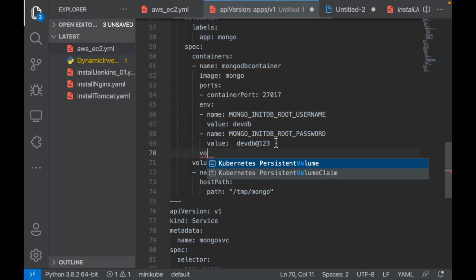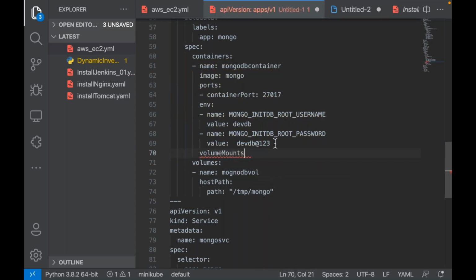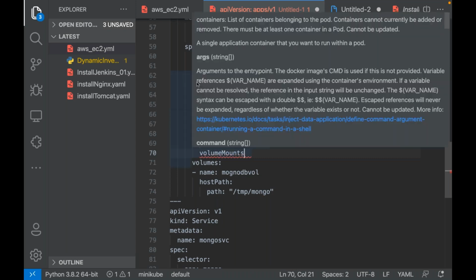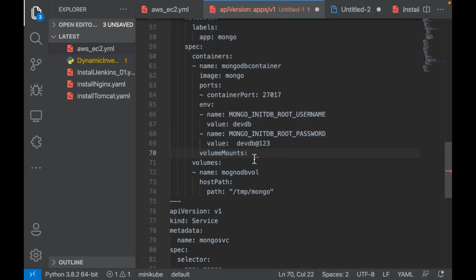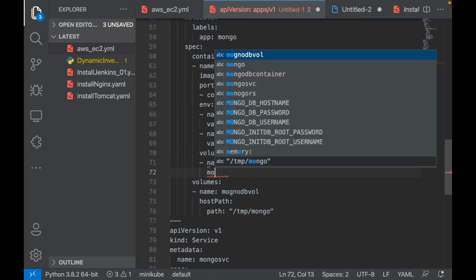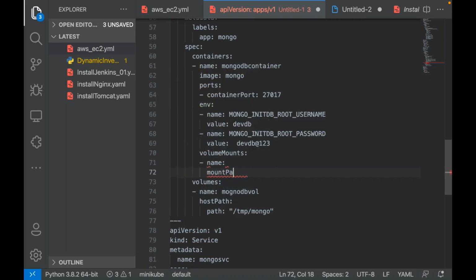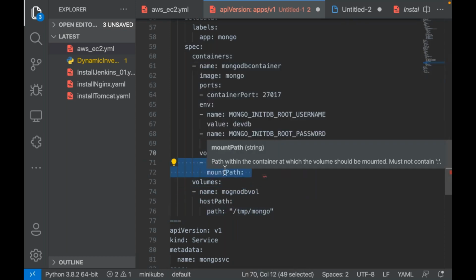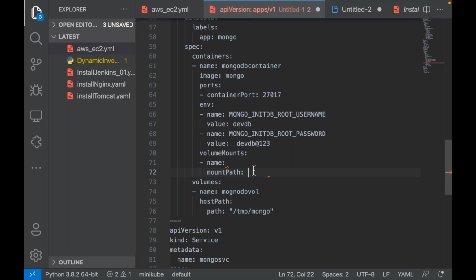Can I use volume mounts here at a container? For this container, volume mounts. So again, name, and it has a mount path. What is my mount path? I want to mount this volume to this container.